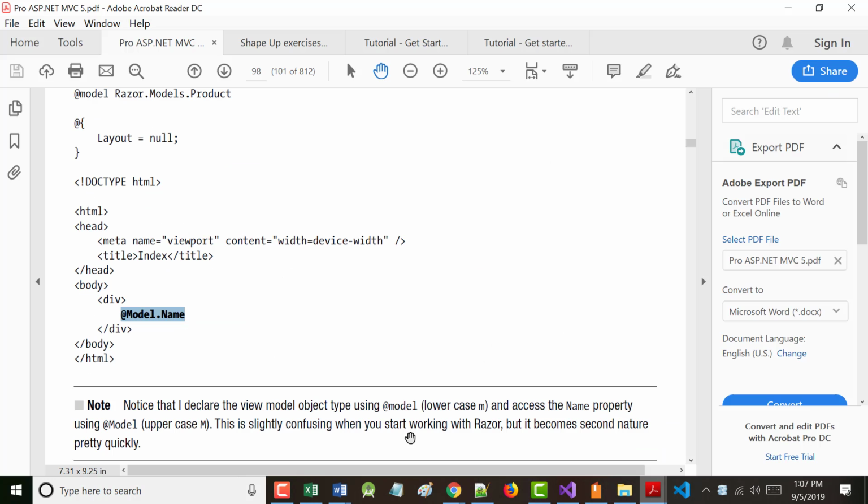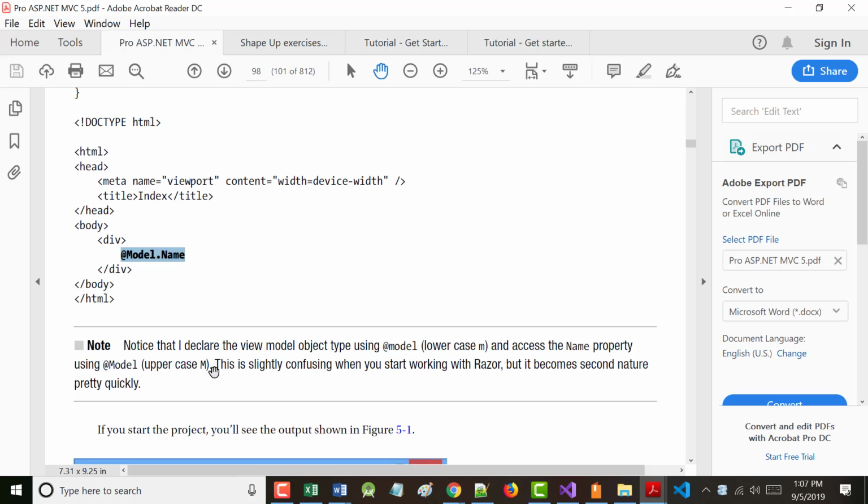The author says, notice I declare the view model object using, again, the object is lowercase m. The name property comes from the model with uppercase n. The author says this is slightly confusing when you start working with Razor, but it becomes second nature pretty quickly. He's basically warning you that he's not telling you about it anymore. It's a necessary evil, you've got to do it that way.